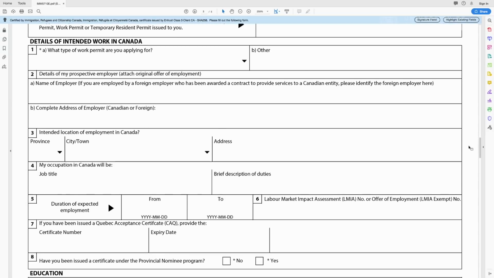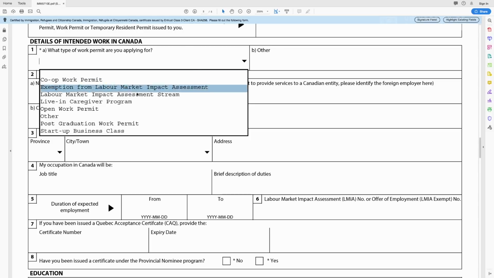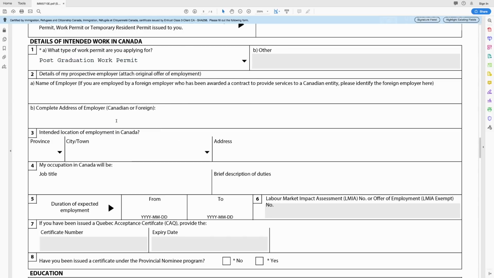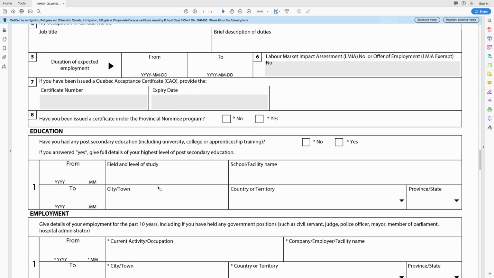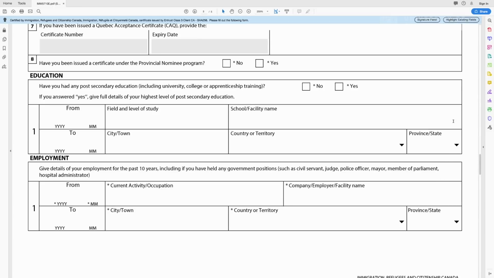Details of intended work. Question 1. What type of work permit are you applying for? You are applying for a post-graduation work permit. Question 2. Details of prospective employer. A job offer is not required in the post-graduation work permit application, so questions 2 to 7 in this section can be left blank. Under education, the form is referring to your highest level of post-secondary education, so the degree